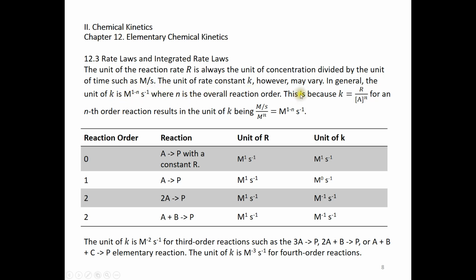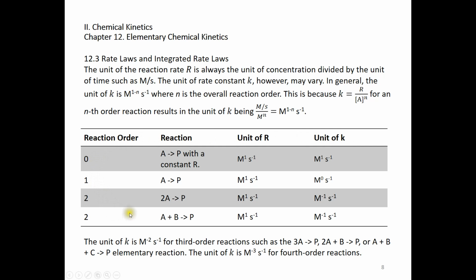This is just because k is equal to the reaction rate over the reactant concentration to the power of n for an nth order reaction. This results in the unit of k being molar to the power of 1 minus n, second to the power of negative 1. So we tabulate the unit of R and the unit of k for the zeroth, first, and second